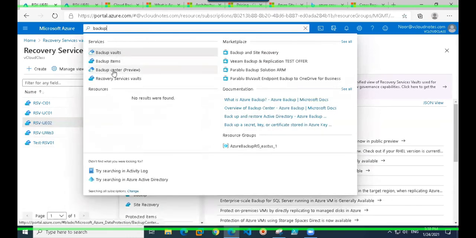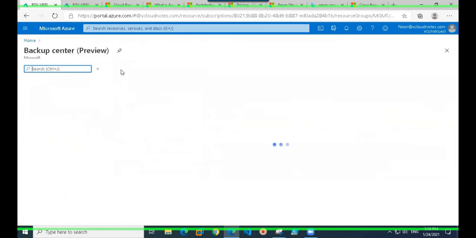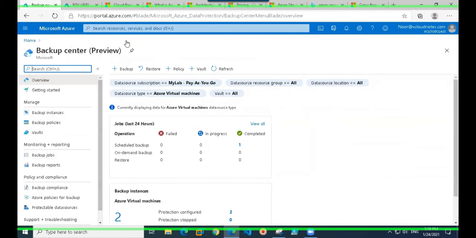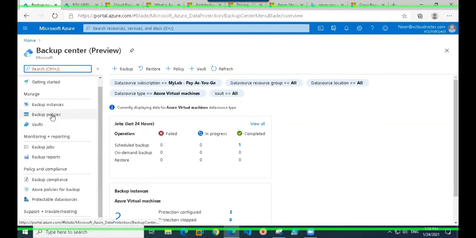Okay, as you can see, this is Backup Center, and it's in preview as of now. So we can go there. It's a centralized management point to manage all your backups, but keep in mind it's in preview, so things might change a bit once it would be in GA. There is one more thing that you need to keep in mind.